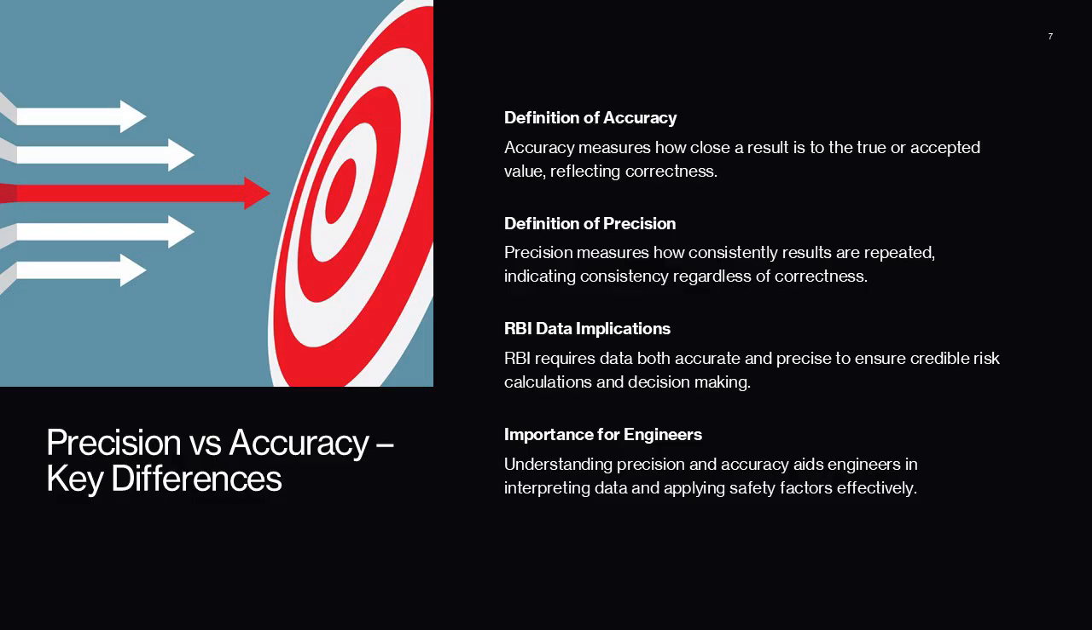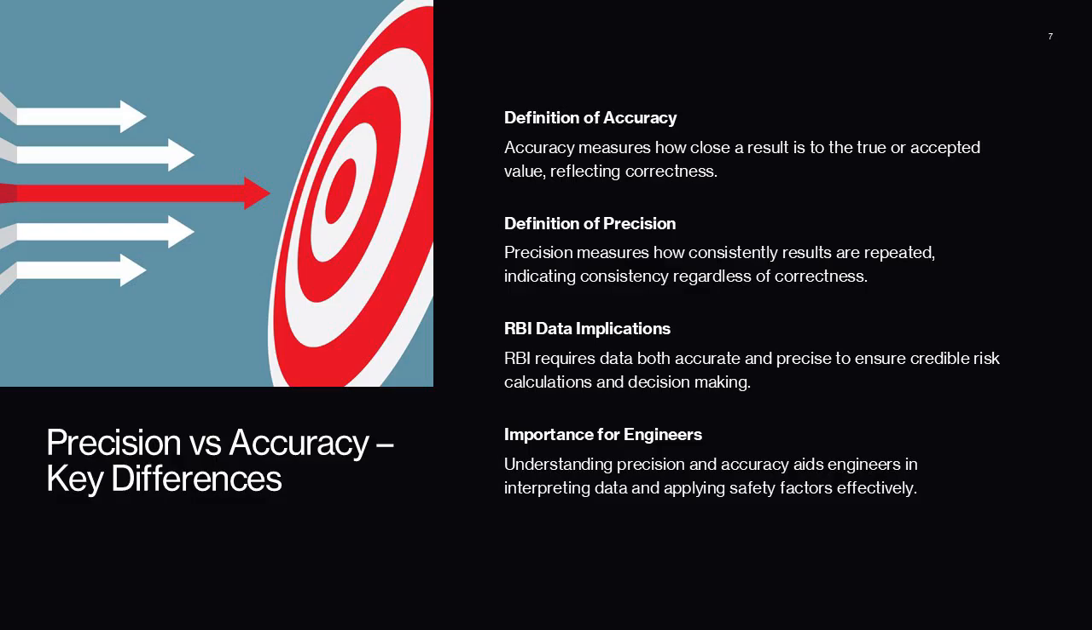For RBI to be credible, inspection data must be both sufficiently accurate to reflect real equipment condition and sufficiently precise to support repeatable, defensible risk calculations. Understanding this distinction helps engineers interpret inspection results correctly, challenge questionable data, and apply appropriate safety factors or uncertainty adjustments